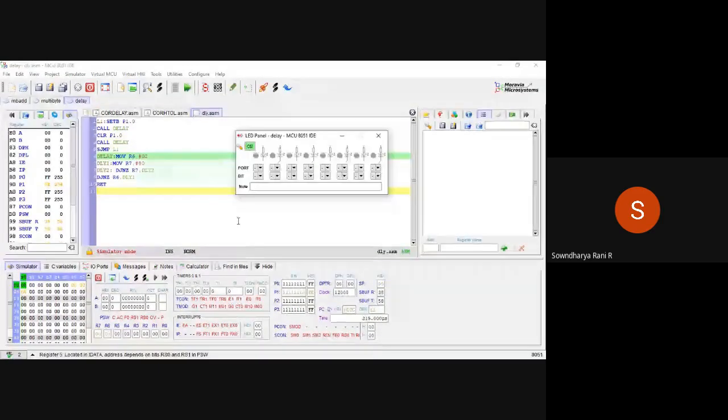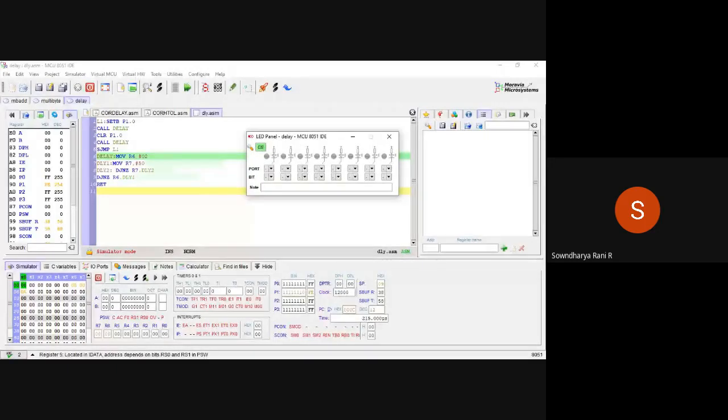Yes, okay. So I'm going to make use of the last bit only. Port 1, bit 0. That is what we are alternating between high and low, right?